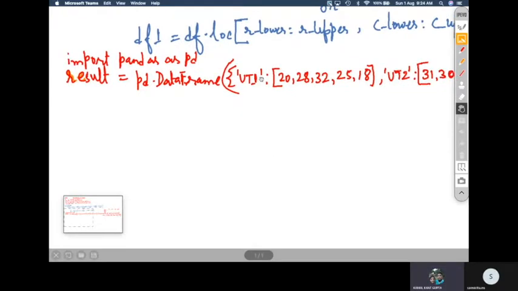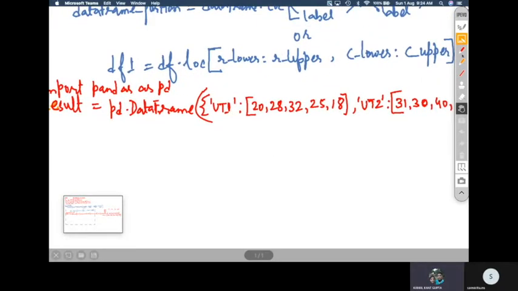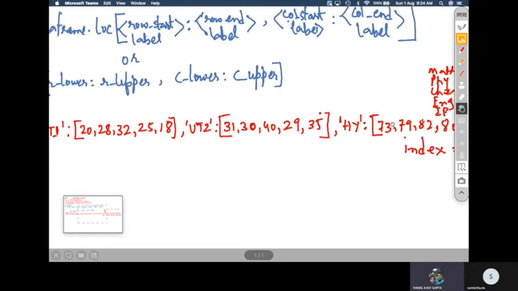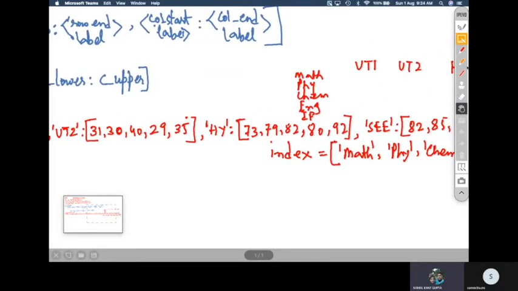I will access the elements using this particular syntax. So let us find out what it means. My data frame will look something like this, the values will be put here. The first values are for mathematics: 20, 28, 32. So these are the subject-wise marks. The first UT marks are here. I have supplied the column-wise marks, right? So the first column will go to the first UT. All the values will go under the first UT. The second values will go under the second UT, and so on.